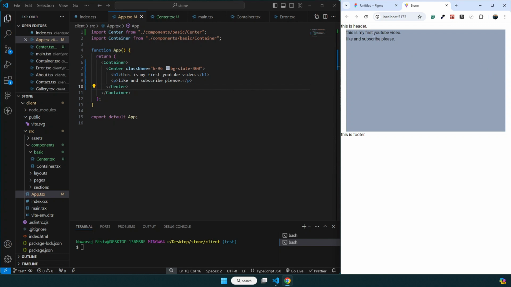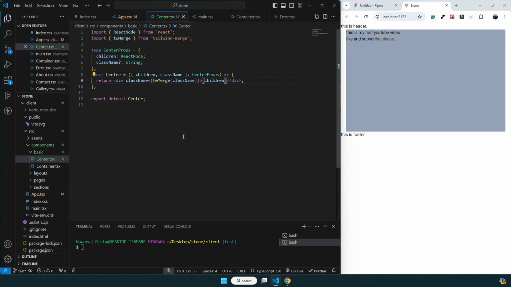Maybe if I want to center it over here, I should be able to center it vertically or horizontally. So to center the elements, nowadays it is very easy actually, that's not difficult. We can use many methods, but the method that I would like to use on this project is